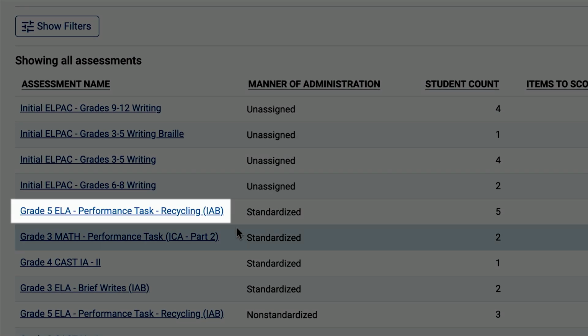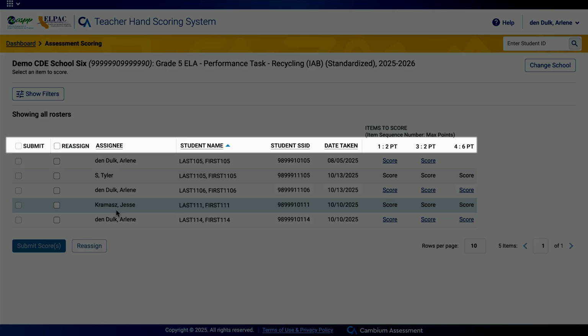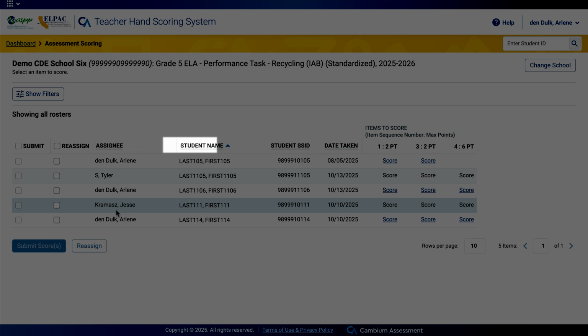Select a test name from the Assessment Name column to score items. On the assessment scoring page, student responses will be available based on your role and whether you have been assigned as a scorer. Information in this table includes the assignee, student name, student SSID, the date the test was taken,